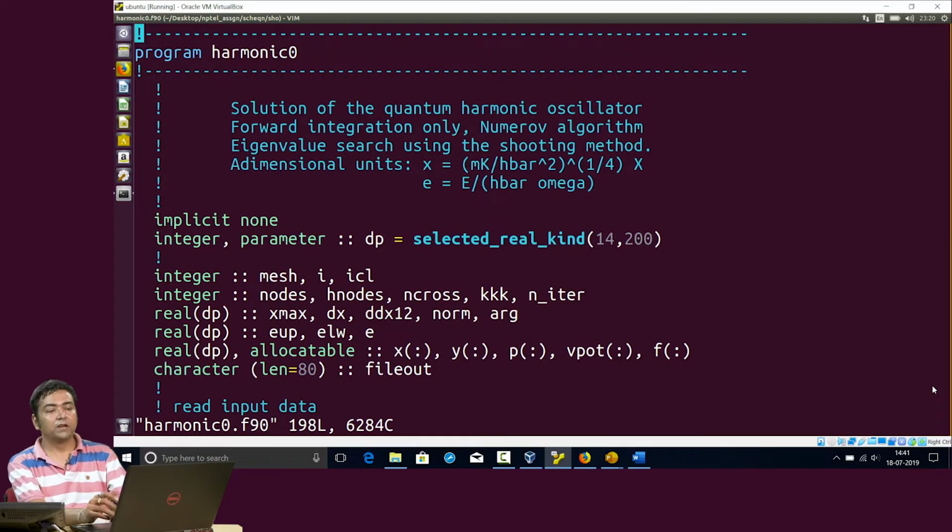So, the code which I am going to show you now is using the Numerov algorithm to solve the one dimensional quantum mechanical simple harmonic oscillator. And in this code we will be using the bisection method to compute the energy, but we have purposefully not implemented